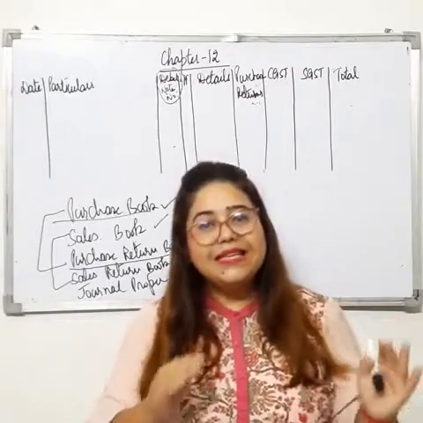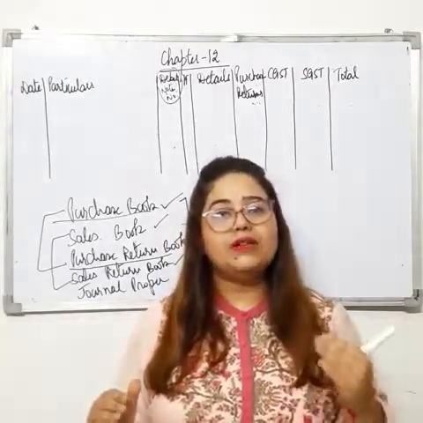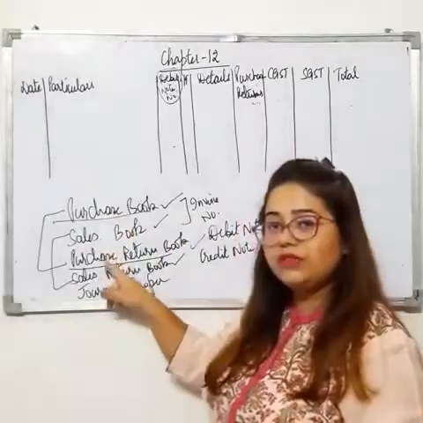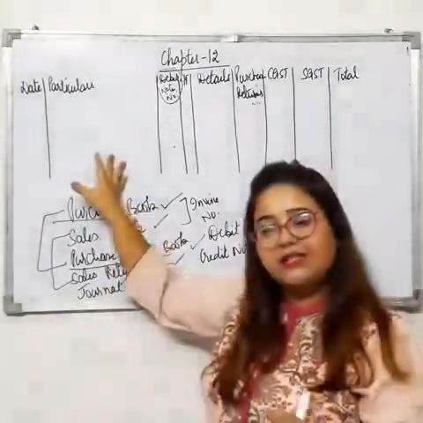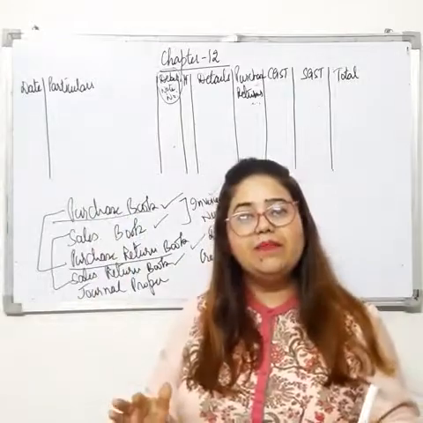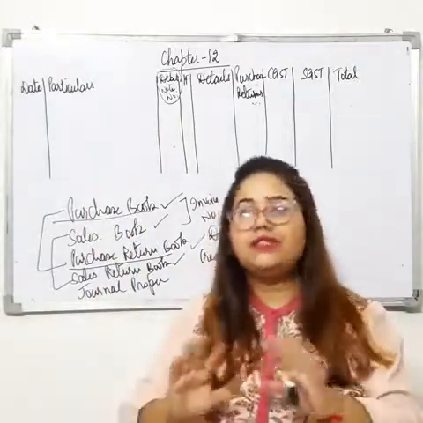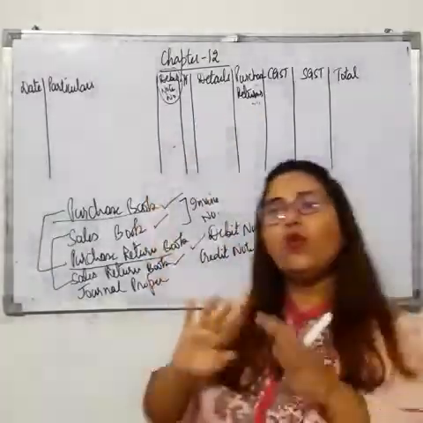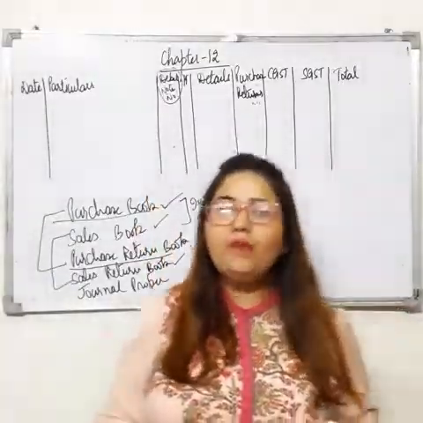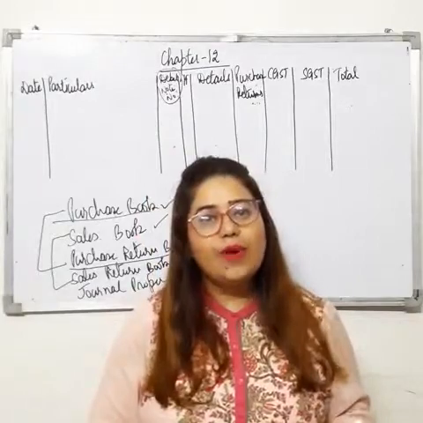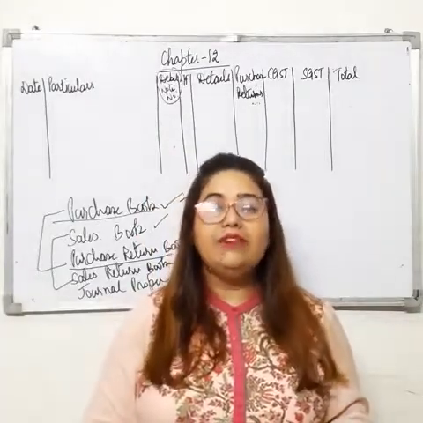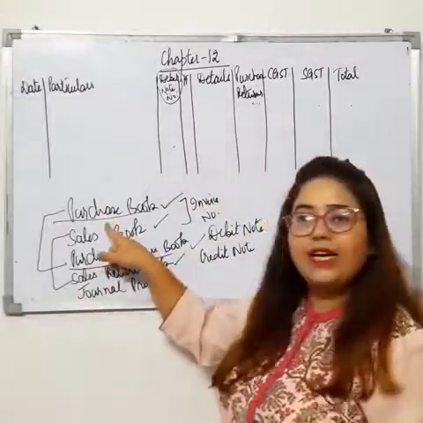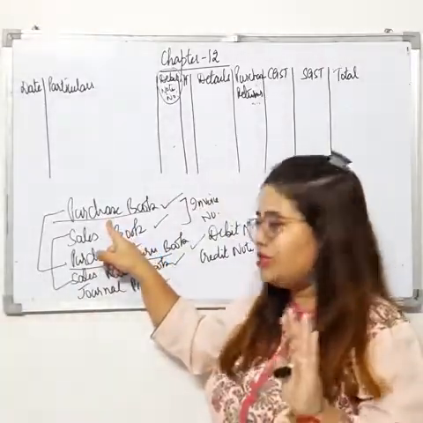So these three and four most important things you have to keep in your mind while maintaining these four books, right? Otherwise the format is same, the treatment is same, and recording of transactions is same. No changes are there except these two columns. Otherwise the whole treatment is same. So you can try your second question of the sales book, right? Even you can try your first question of all these four books. The purchase book question you have already done, so just leave it.